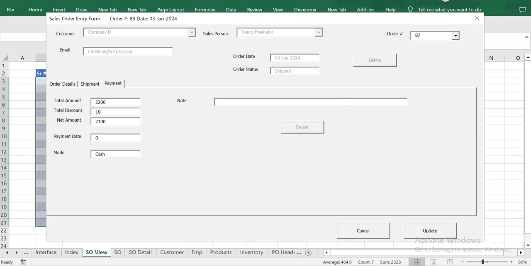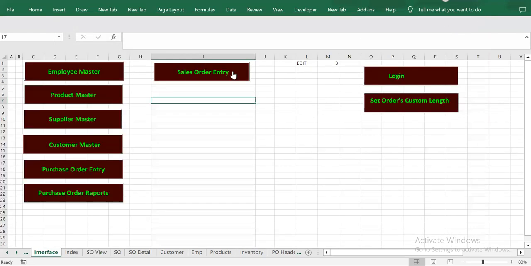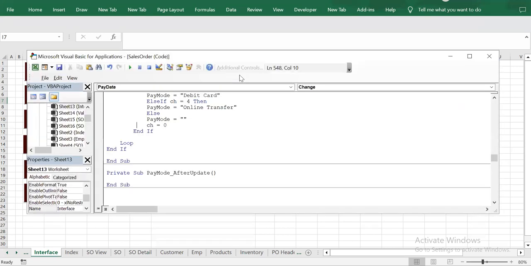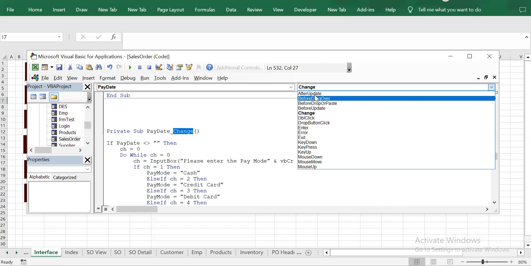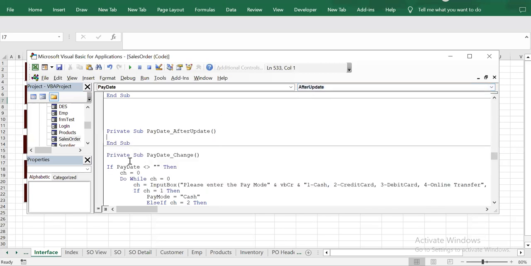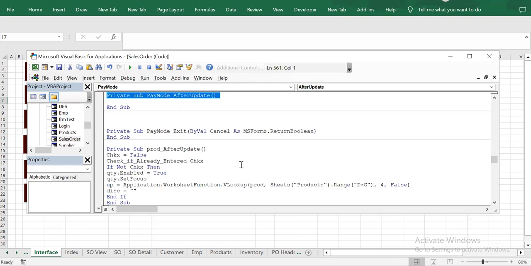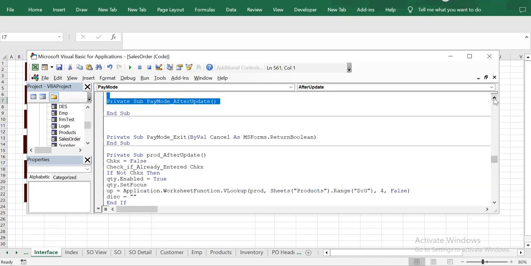So instead of change, we should use after update. Okay, we go back to the order and we change it from pay date change to pay date after update. As soon as you update it,